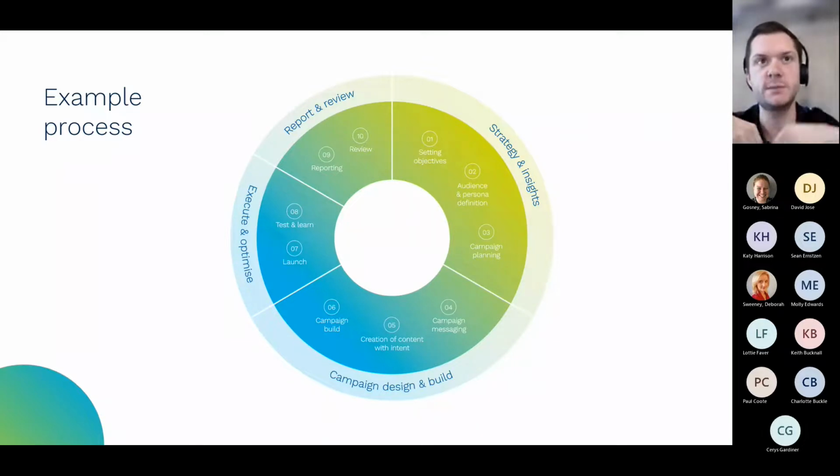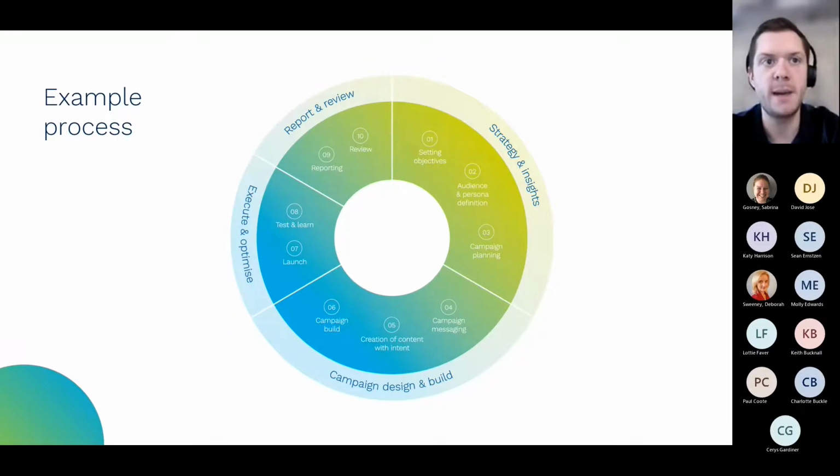We need to make sure that we're speaking to people in a way that is engaging to them. So it's just about identifying who they are. Then we put the plan together, which will show you how you can think of some more strategic, tactical elements that we can go through when we're doing that campaign. And there's a very, very basic template at the back of this deck, which just shows you what a very basic campaign plan might look like.